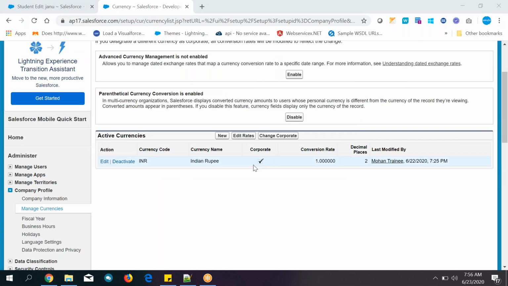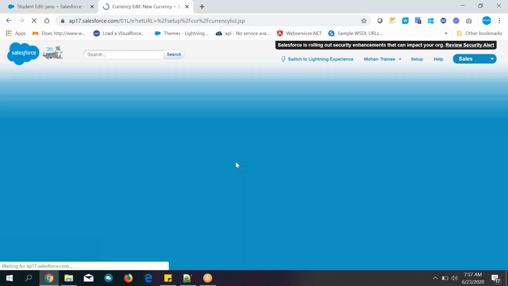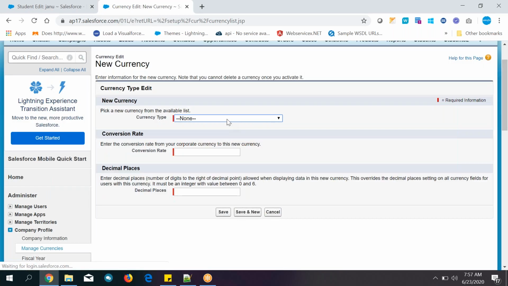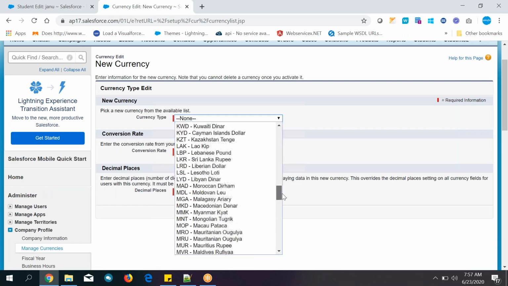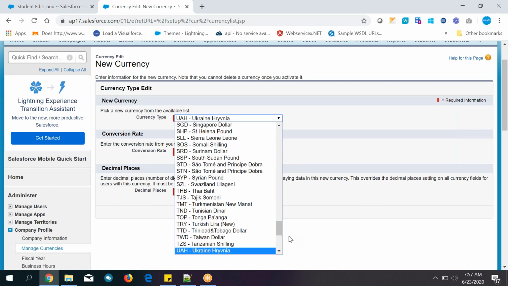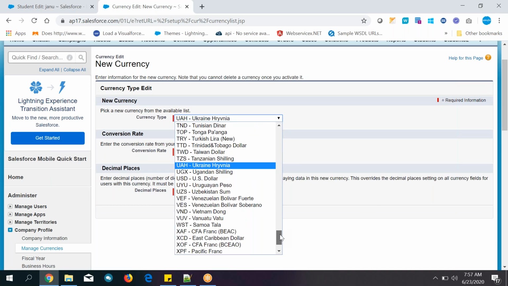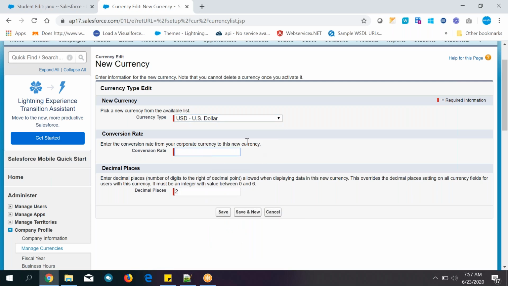Okay, so let me add USA currency. How to add? Go over here, click on the New button, create it. Where is USD dollar? USD. Okay, conversion rate. Now the corporate currency is Indian rupees.